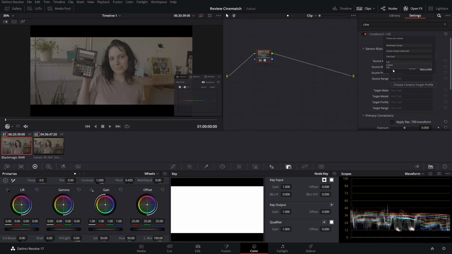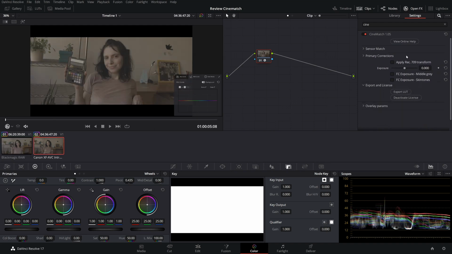This can be limited or full, and it will change depending on the camera because the settings here are the same settings which are default in each camera. So in the Blackmagic it is full, but for example in Canon it's limited. You can change that in camera, and you should change it here if you change it in camera, but by default it will come the same as the camera has by default. So okay, I will apply here, and then I will go to the Canon one and do the same.